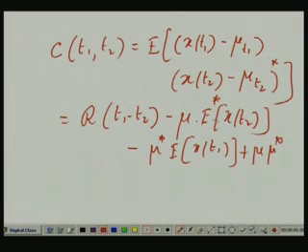This only means E of x T2, that is mu, independent of T2 or independent of T1, independent of T, because it is WSS. So, you get another mu star. Similarly, E of x T1, you still get mu, not mu of T1 or mu of T2, because it is independent of the time T. So, again another mu star mu, with a positive sign. So, effectively you get R of